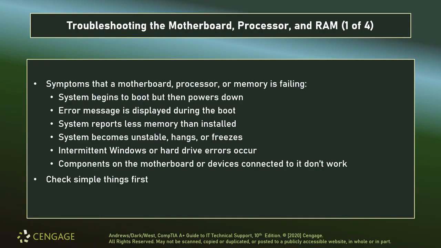Now we're talking about troubleshooting the core system. If we're seeing issues that the core system is failing, we'll see attempted boots where it tries to start up and then fails, error messages, the system reporting less memory than installed. That's a big one. If you've got 16 gigs of RAM and it shows that you have like 13, that's really weird. Anytime you see something that's not a proper multiple of the powers of 2, so if you saw